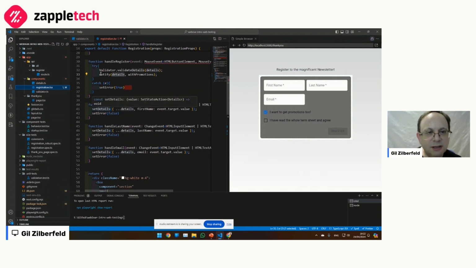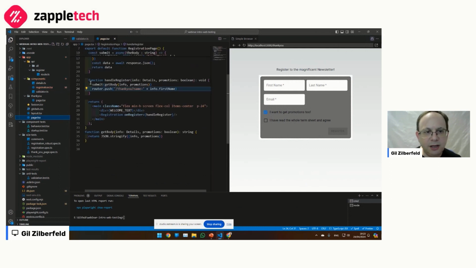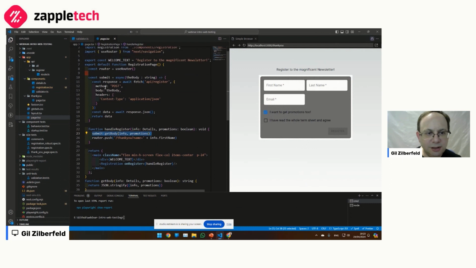Yeah, right here. It sends the event to the page, with the details and the promotions, but it doesn't call the API by itself. If you want to see that, you'll have to look at the page itself, which does the submit here, calling the register API to save the data.